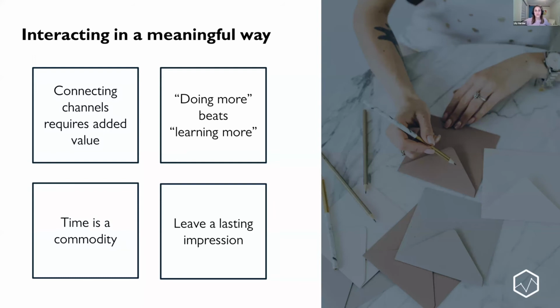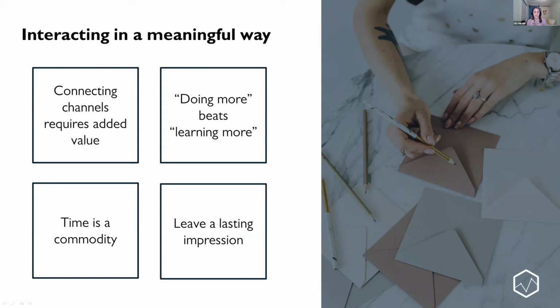But there are some rules, there are some things to follow and to think about as you're trying to come up with a more interactive type of campaign. And that is one, how are you going to get the channels of your marketing mix to connect to each other? So they're not kind of siloed or carbon copies of each other. So connecting the channels is really important.